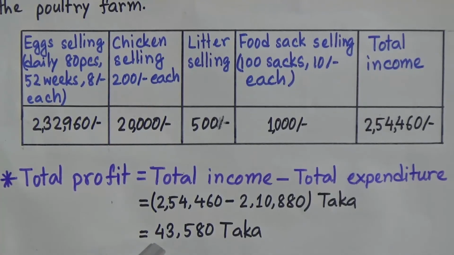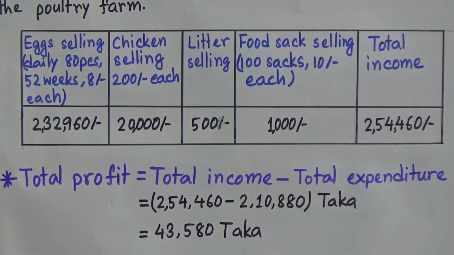It can be more or it can be less. This is an example. By using this method, you can calculate the agricultural accounts or your total profit from rearing poultry. And this chart is for 100 layered chickens actually.